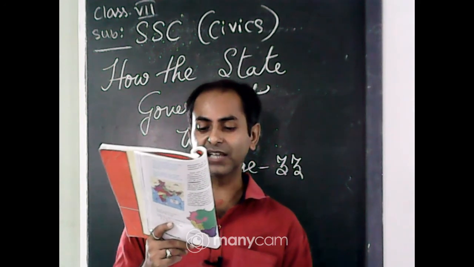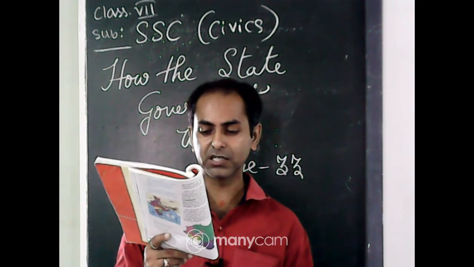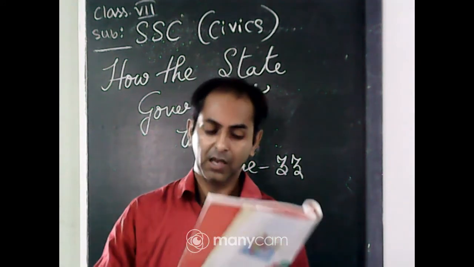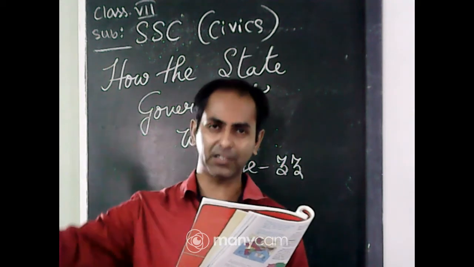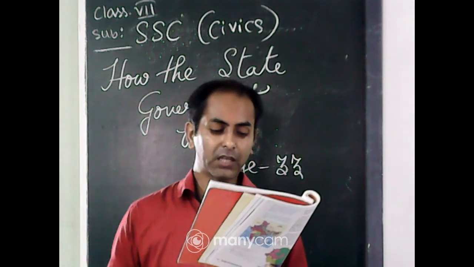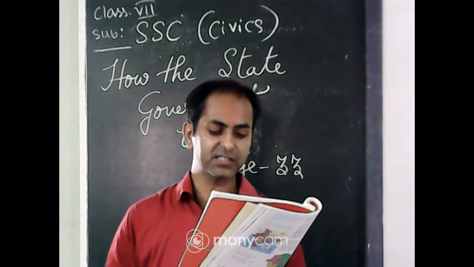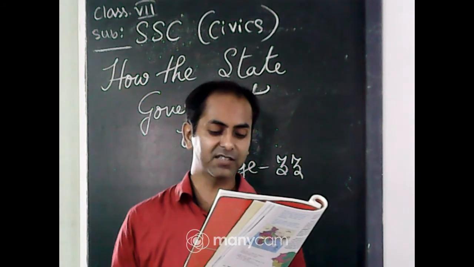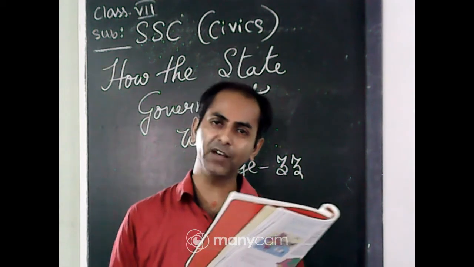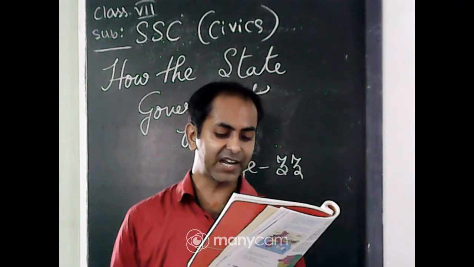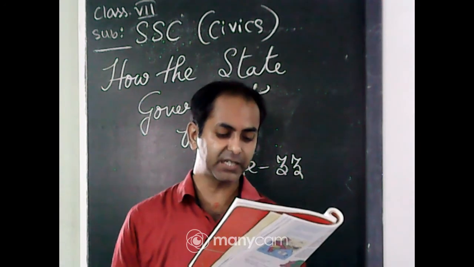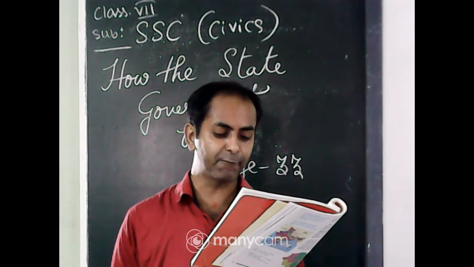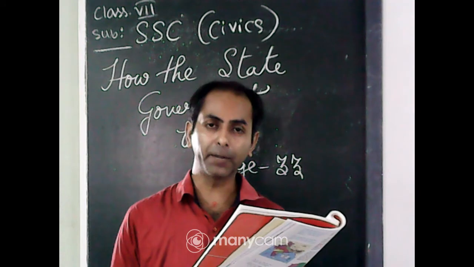The chief minister then selects other people as ministers. After the elections, it is the governor, underline, this is very important, who appoints. Selection, election, these two things are different. Now, who is appointing? The governor of the state appoints the chief minister and other ministers. The chief minister and other ministers have the responsibility, underline, of running various government departments or ministries.